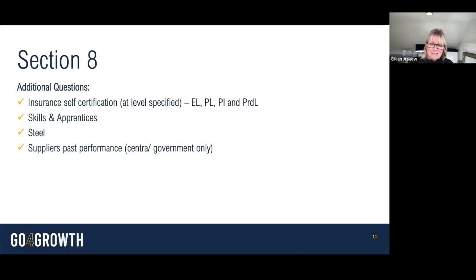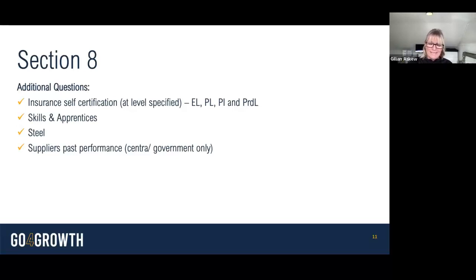There's lots of detail laid out in procurement policy note 14/15 if you want to read any more information on it. For larger contracts as well, you might also be asked about processes you have in place to ensure that your supply chain will support skill development and apprenticeships also, and you might be asked to provide evidence if required around those things.